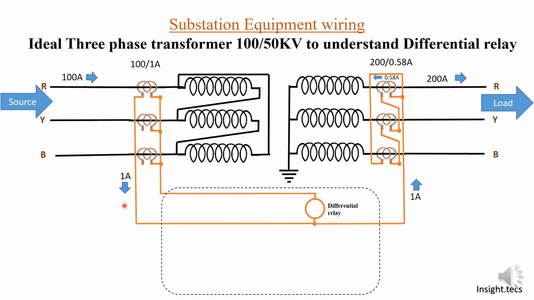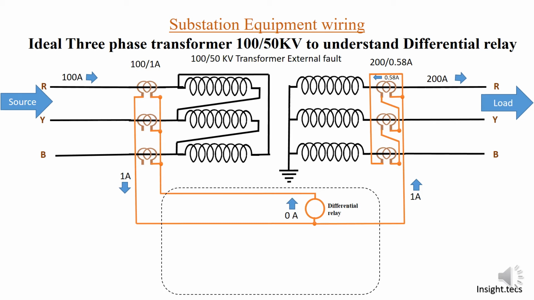So in between these two I have to connect my differential relay. Once the differential relay is sensing that this 1 ampere and this 1 ampere are similar in magnitude and phase, the differential relay will not operate, right? So I hope I am clear why I have given these opposite connections, only and only to match my current in magnitude and in phase as well. So this is the connection for R phase. I hope you have understood till now, and let us now move further.